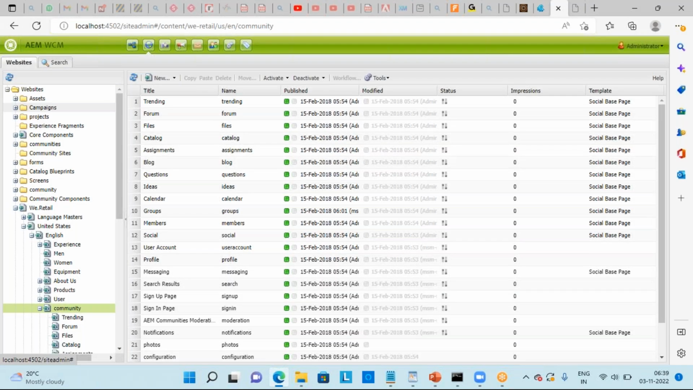Okay. So yesterday we discussed the site admin console, and we used this console to create a page. And once the page was created, we found the page in CRXDE. So there is one equivalent console available, which has the same functionality as site admin, and the URL is,